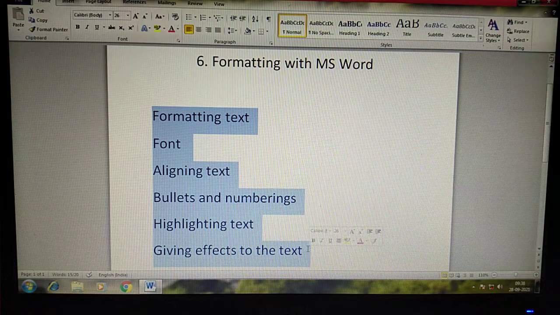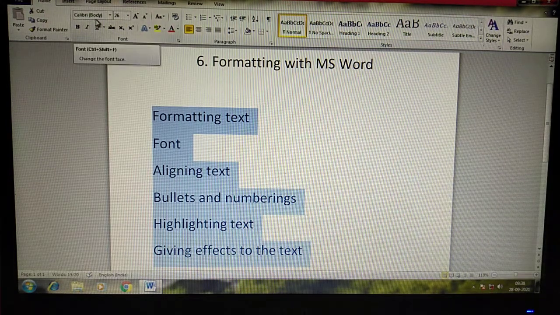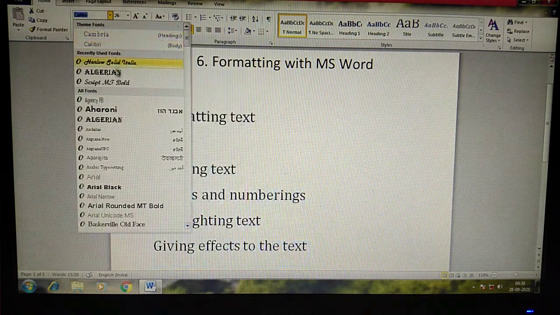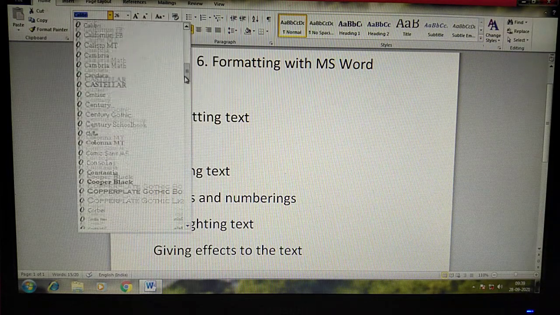Yes. Now first we will start to change the font type. Now it is in Calibri body. Just next to that name, it has a downwards arrow mark, a triangle. Just click on that. Yes, we will get more font styles listed here.